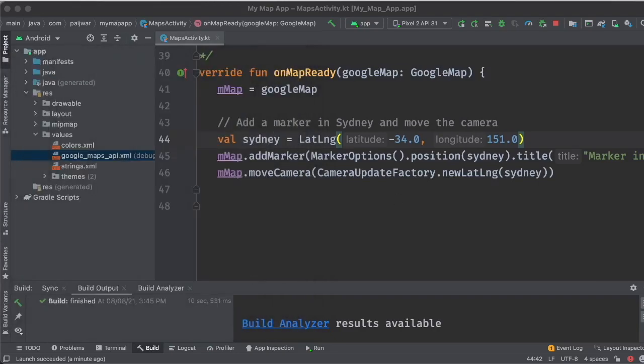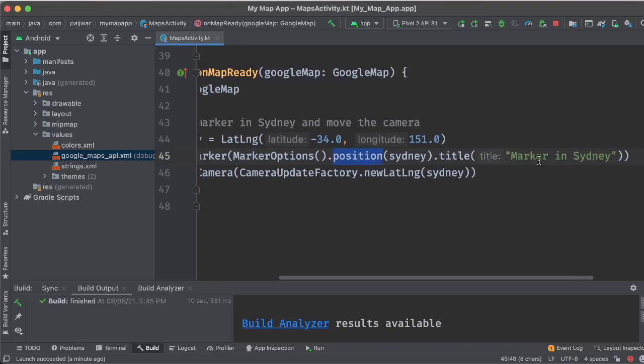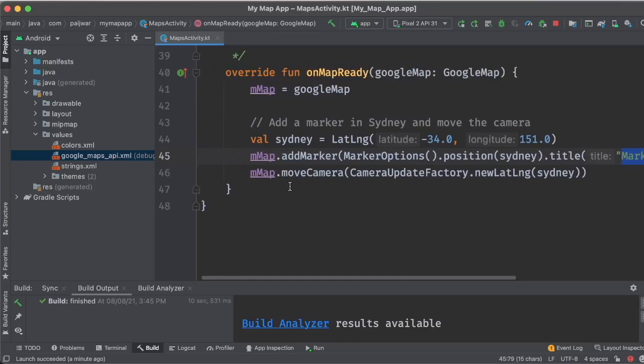To create a marker, we just create marker options, we add the positions, and then we say title. This is simply a string, whatever you want to display there you can display.